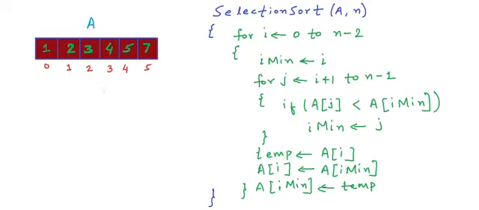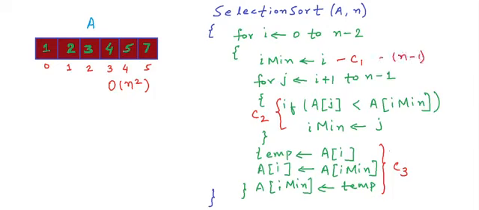The time complexity of this algorithm will be big O of n square. We can quickly see how. The running time is the total running time of all the statements. Let's say this particular statement will take some constant time c1 to execute. Let's say these statements will take at max c2 to execute. I'm assuming their running time together in the worst case, and let's say these statements will take c3 time in the worst case. This particular statement will be executed exactly n minus 1 times. This will also be executed n minus 1 times.